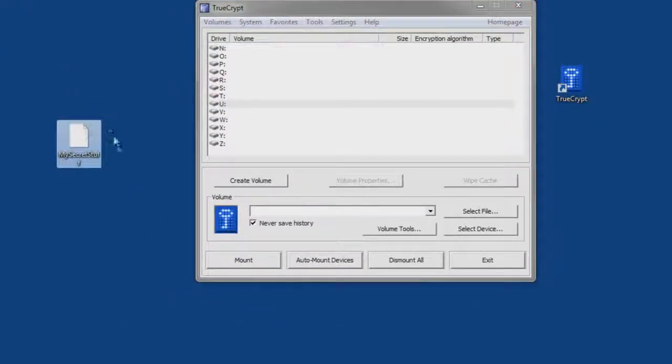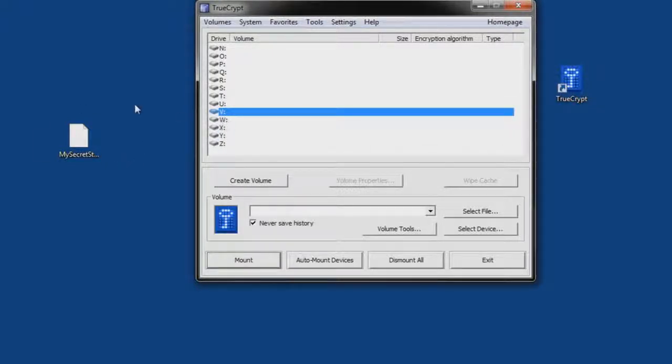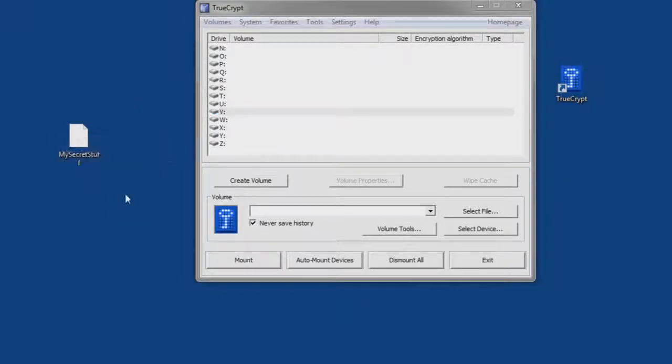Now what? We have my secret stuff on my desktop, and I don't know what to do with it. Well, we got to put stuff in it. So we're going to need to mount it. And I'll show you how to do that. And actually, you know what? I'll show you how to hide it a little better. My secret stuff is kind of obvious. I mean, look, I'm going to know this is an archive just by the name, and it's just a file. It's kind of obvious. So what we're going to do is rename this to